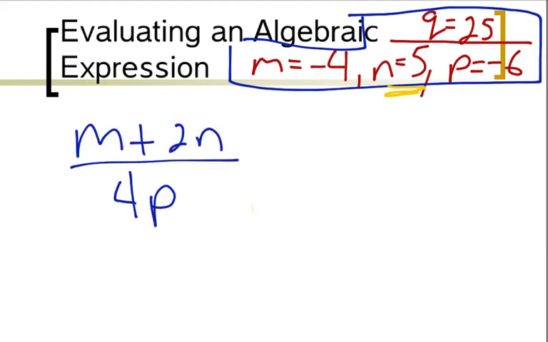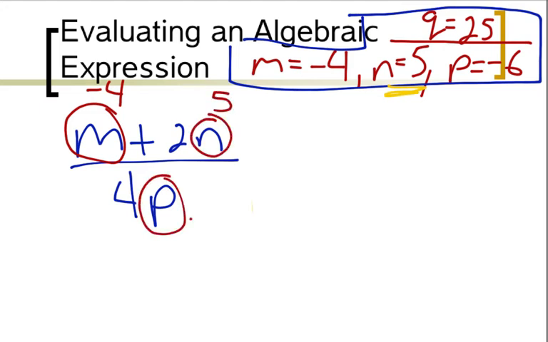So now we're given one that's a little bit more complicated here. They have m over here, which I'm going to replace with -4. They have n right here, that's going to get replaced with 5. And they have p down here, which gets replaced with -6. Okay, so I rewrite it with the numbers instead of the variables, and so I have -4, and then I have plus 2 times 5